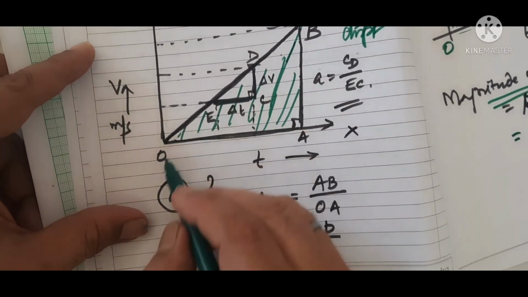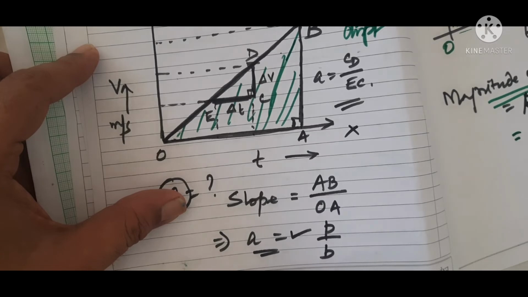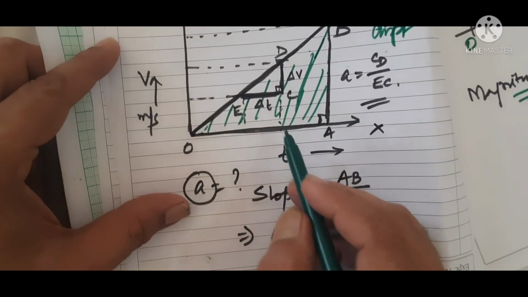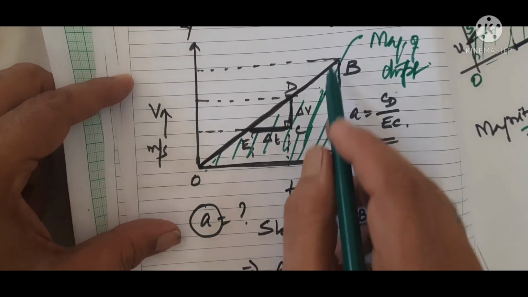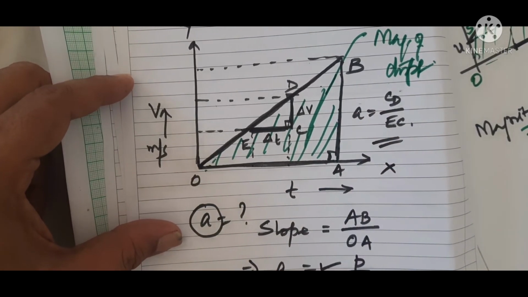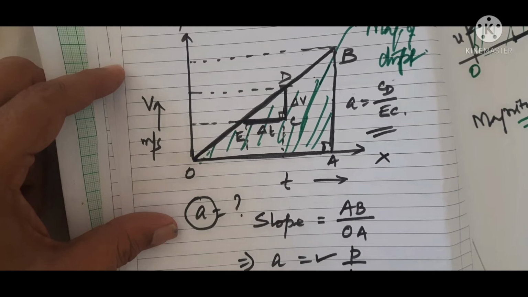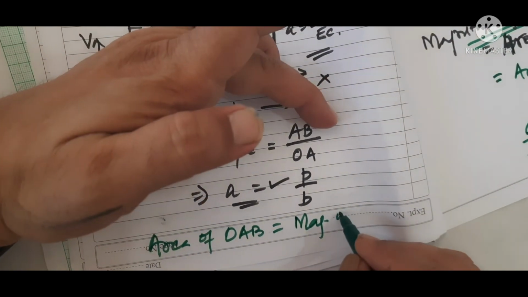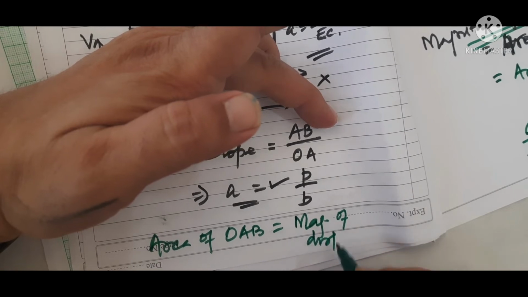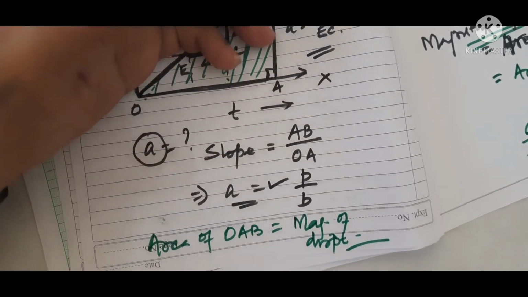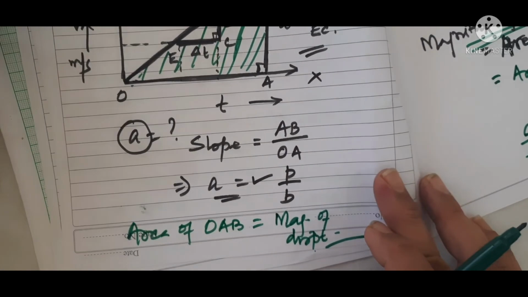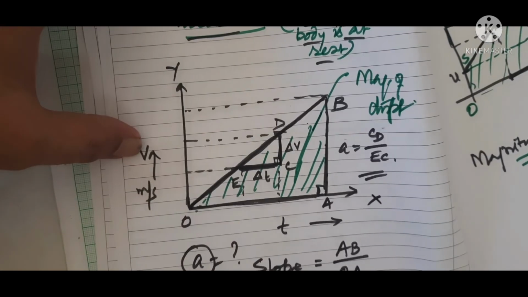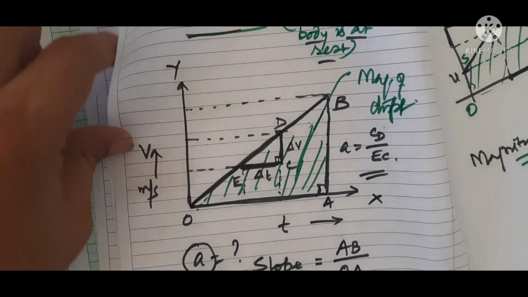तो एरिया ऑफ, ये कौन सा एरिया है, राइट एंगल ट्रायंगल, एरिया ऑफ OAB इज इक्वल टू half B into H, you will get the area of the right angle triangle, that will be equal to magnitude of displacement. मैग्नीट्यूड ऑफ डिस्प्लेसमेंट निकालें, क्योंकि वेलोसिटी है इसलिए डिस्प्लेसमेंट। अगर ये स्पीड होता तो हम क्या लिखते हैं, डिस्टेंस।